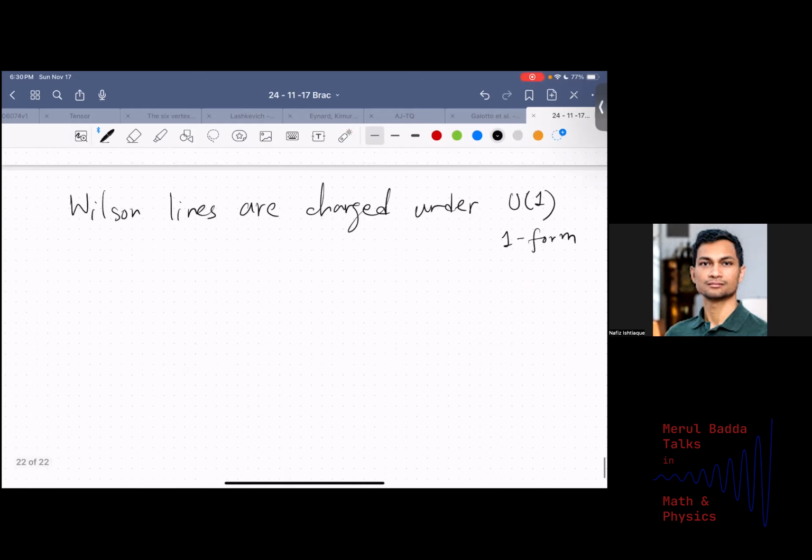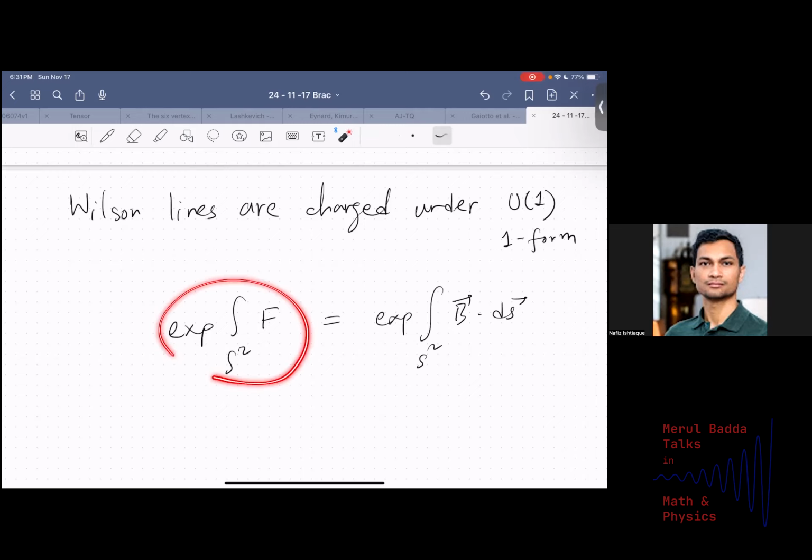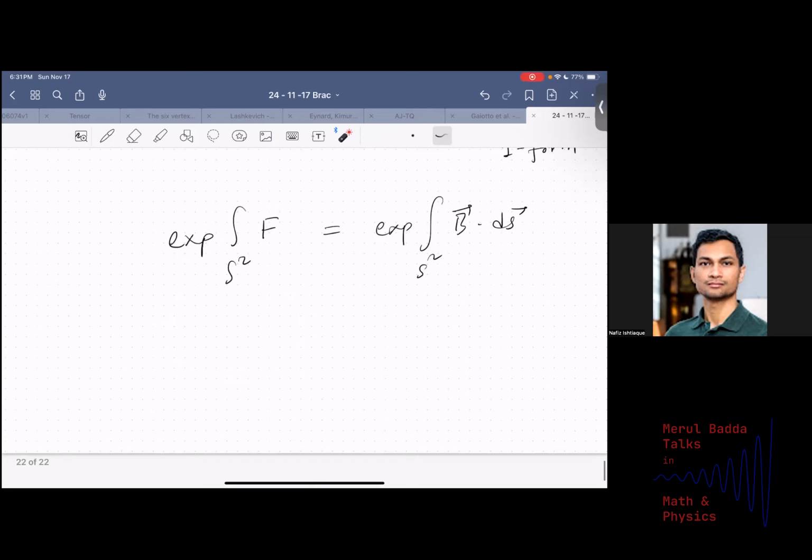But of course, you also have these topological operators where on S2 you have the integration of F, right? And recall that if you break this down in terms of components, you have the integration over S2 of the magnetic field. So now if you have a magnetic monopole or a 't Hooft line surrounded by this charge operator, then you're going to get a phase. So you have a 't Hooft line,